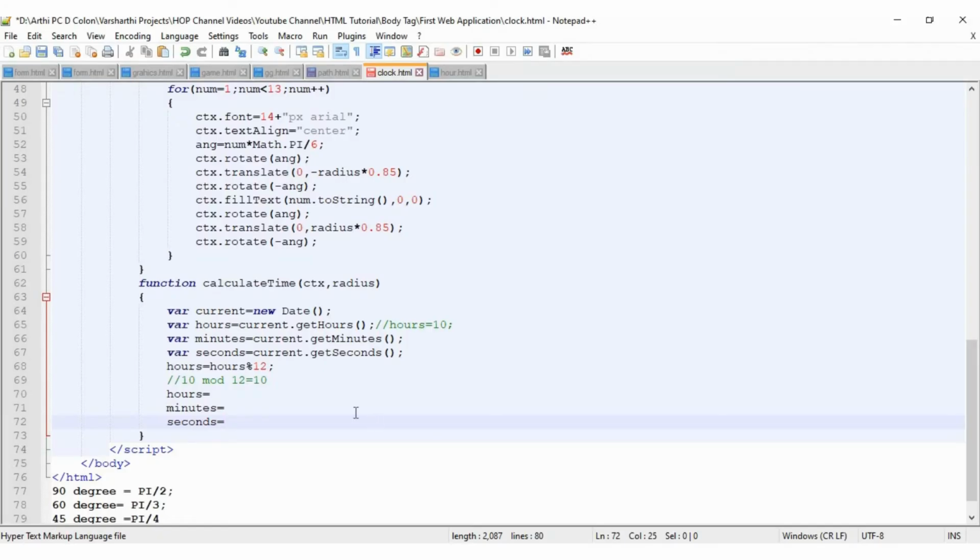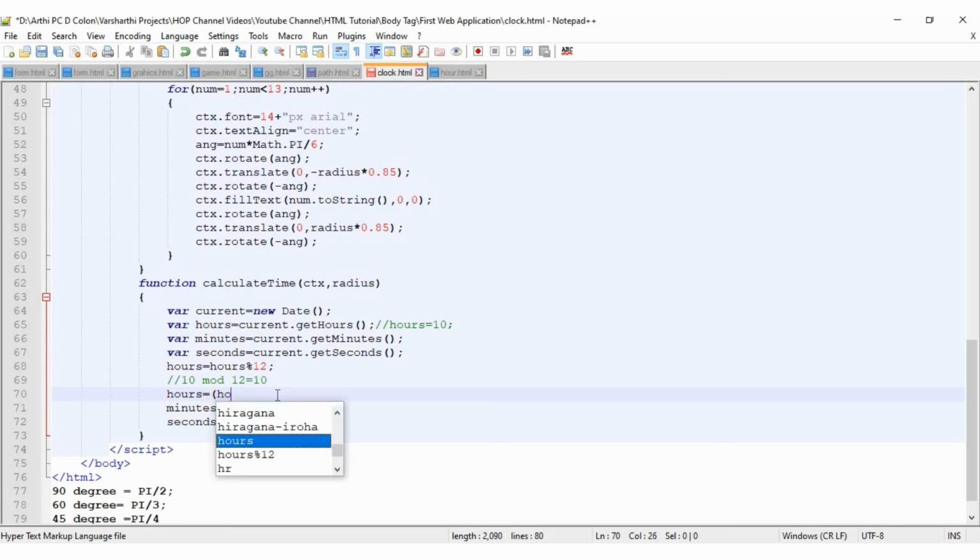Hence we have to divide the value of pi by 6, because the corresponding radian value for 30 degrees is pi by 6. So let us calculate the value for the hours angle.